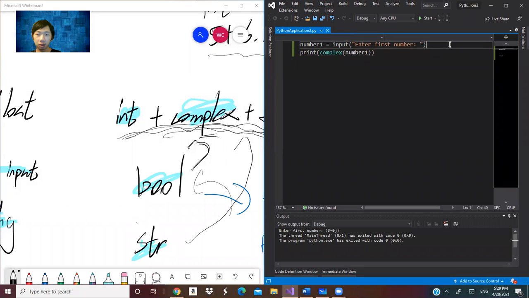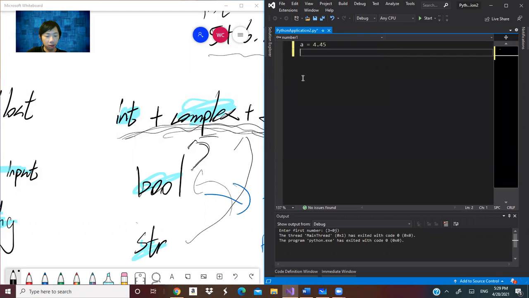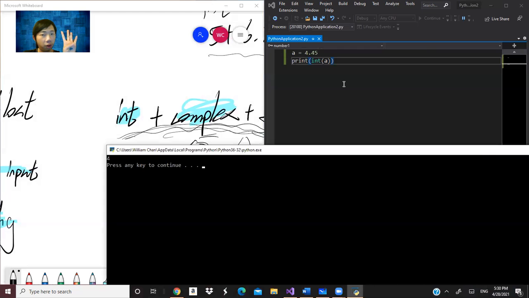And here's one more thing about casting. If A is 4.45 and you change the float to int, it will give you 4, not 4.45.